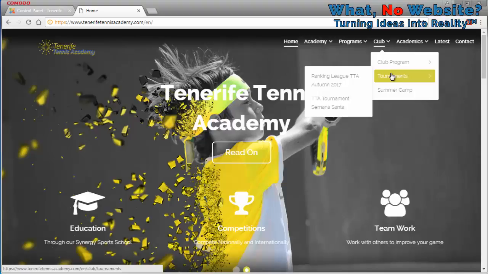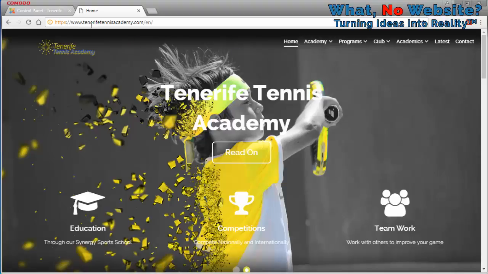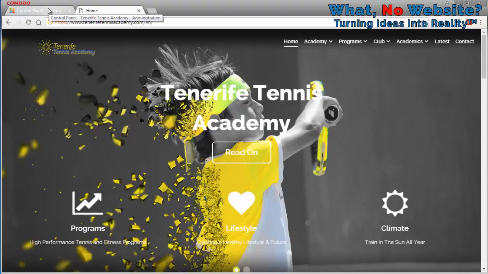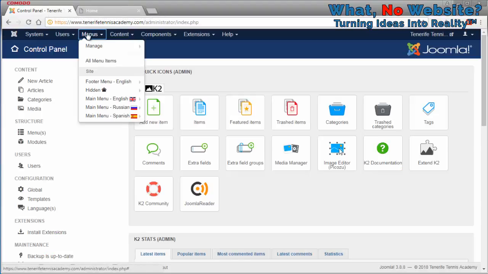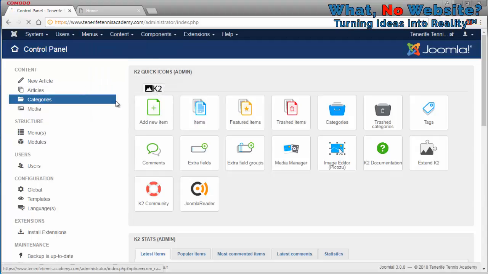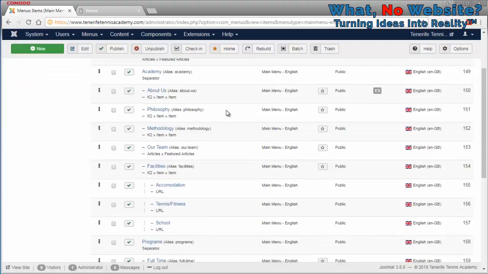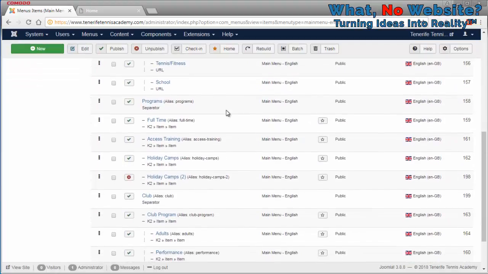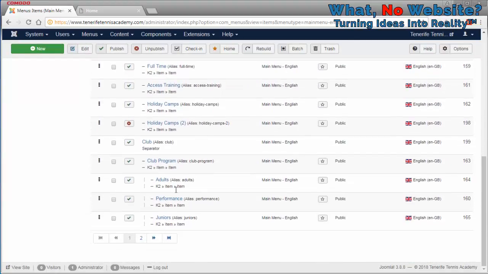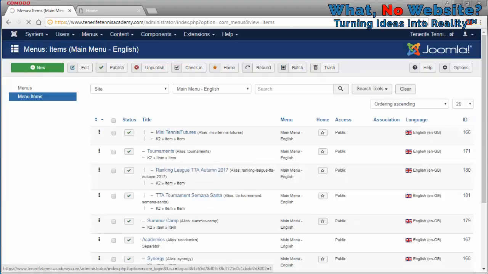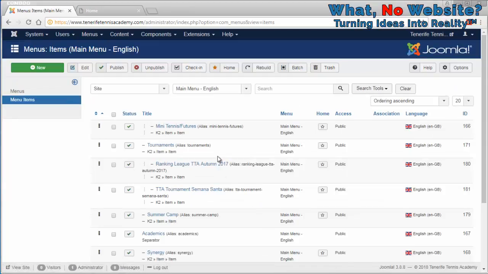So I'm going to show you how to do this. If we just go into the back end, into the menu, we can do this on the English or the Spanish menu to create the association. And we go to the menu item and we find the menu item for tournaments. And you see there we have tournaments. So I click on that,